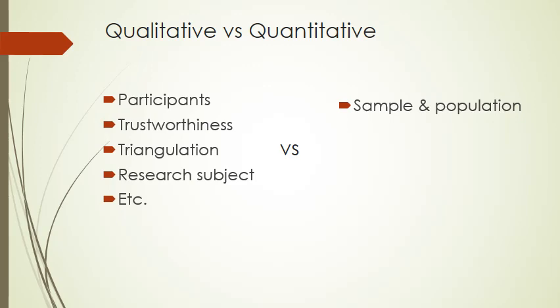Qualitative research has participants, but in quantitative research, the participants are always called the sample and population. In qualitative research, there is trustworthiness, but in quantitative research, it is always called validity. In qualitative research, there is triangulation, but in quantitative research, it is usually called the instrument test. But they refer to one thing. Triangulation and instrument test